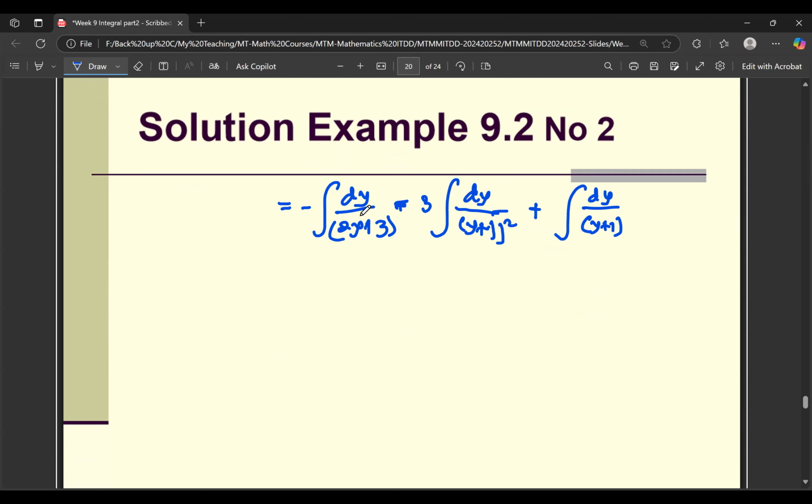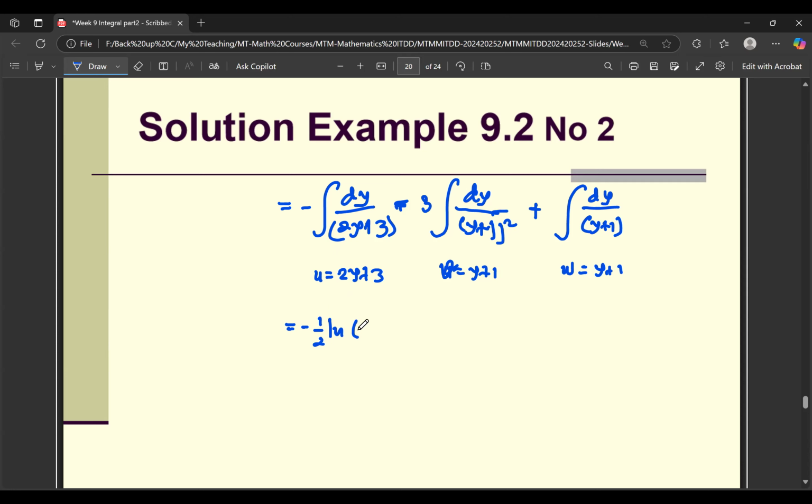Maybe we do a little substitution. Here we do a little substitution for 2y plus 3, and this is also the substitution for y plus 1. Or maybe you can choose another symbol for the substitution, for example w is y plus 1. So the integral will be a half, because there is a coefficient 2 in front of y. So we have minus a half